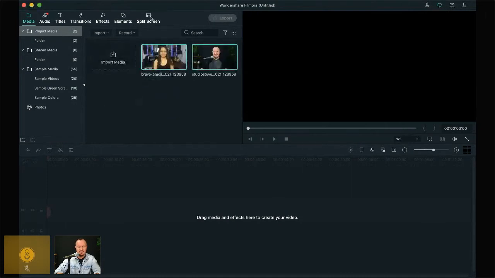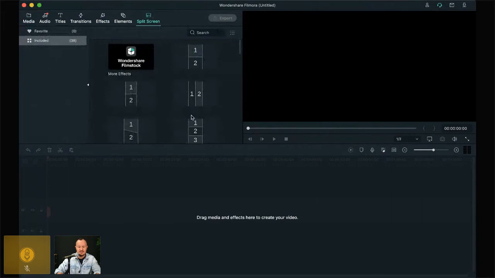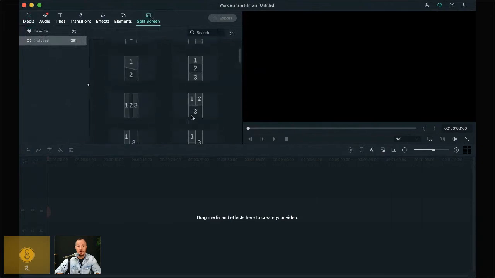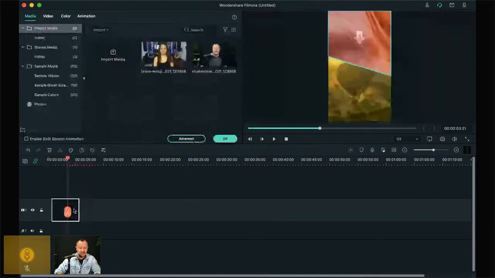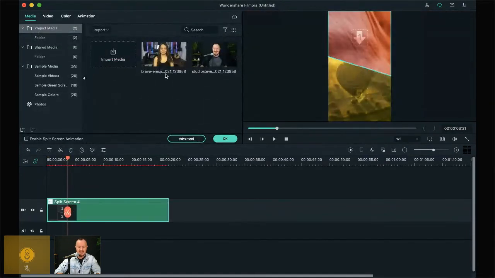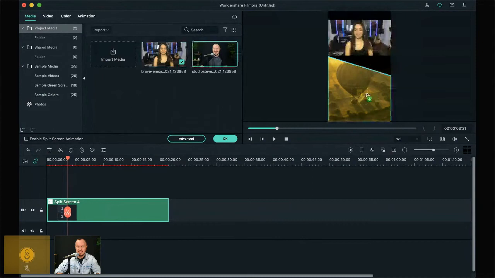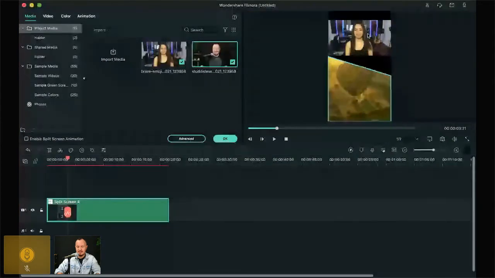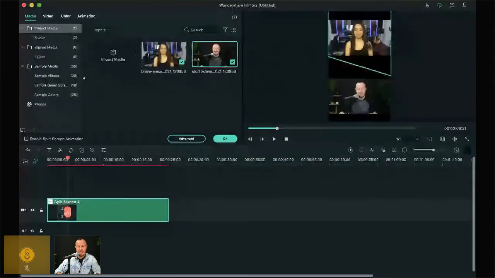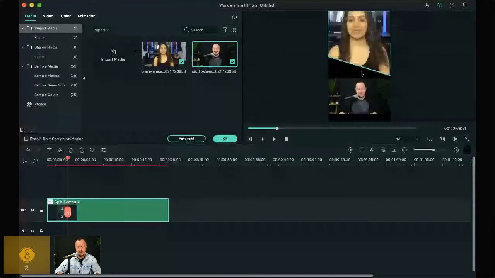And drag them in here into Filmora. And now look, if I go to split screen, I have these split screens that are made for the portrait mode, which is also really cool. So I could use kind of a similar one that I was using here, drag it out to my exact 15, 30 seconds and have a lot of fun with the editing of this too. And then you can see I can just drag Veronica in there and drag me in here, and then we can resize them. And you can see Filmora is way user-friendly and super intuitive. And there we go.